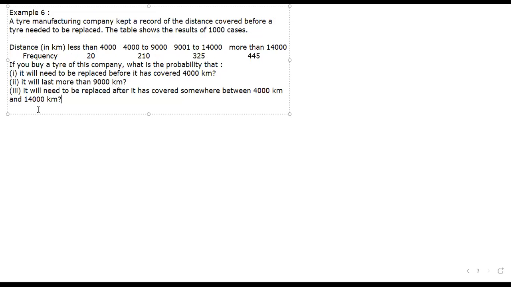Yes or no? Yes, sir. So solution, we know that. Write the solution, all of you. Solution. We know that P of E is equal to